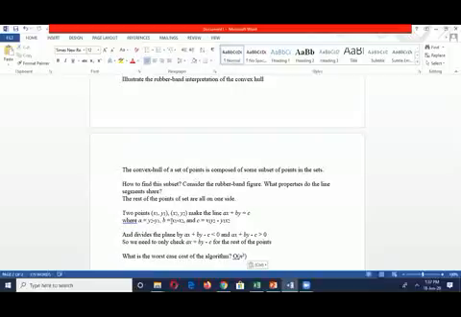Now if you give 2 points, for example, take 2 coordinate values x1, y1 and x2, y2. So if we give the 2 points, A will take the value x2 minus x1, and B will take the value y2 minus y1, and then you can put this in the algorithm.